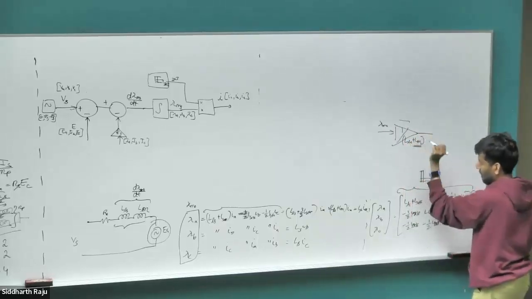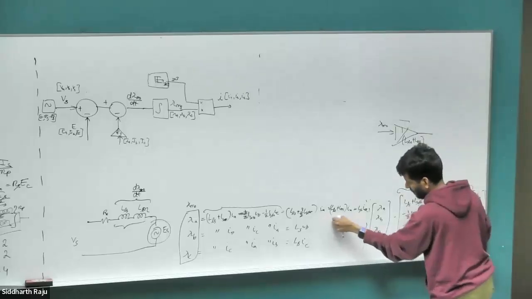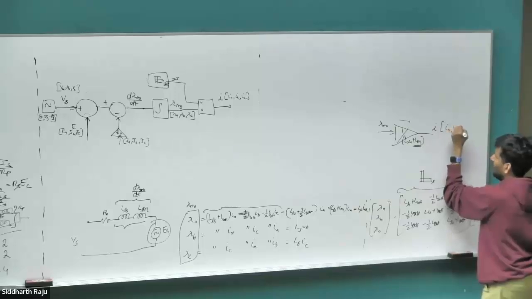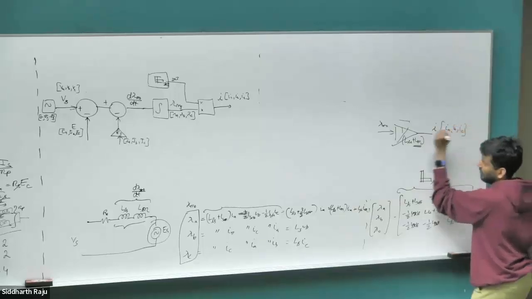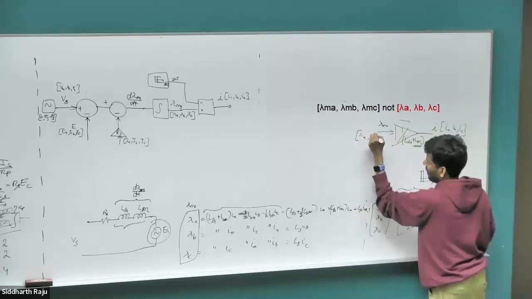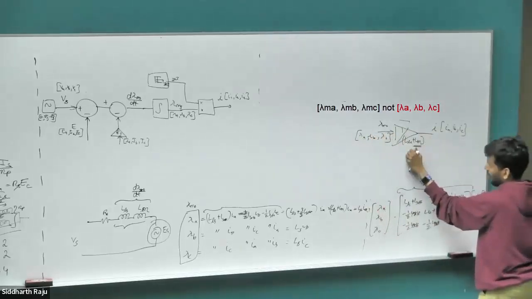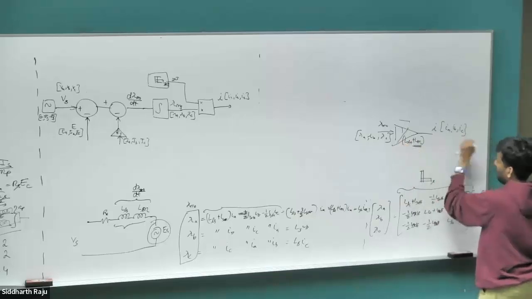And here it's LM definitely, right? Basically this term, LLS plus LM. And that would give me the currents IA, IB, IC. And this would be lambda A, lambda B, lambda C. So I could have taken this divided by a constant factor 1 by LLS plus LM, and I got the